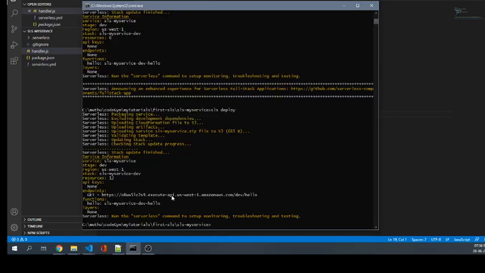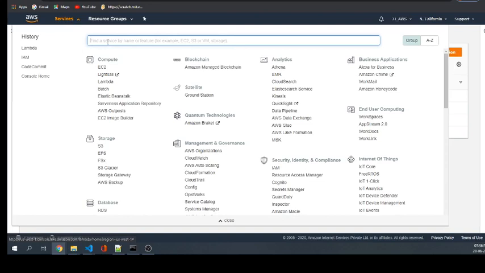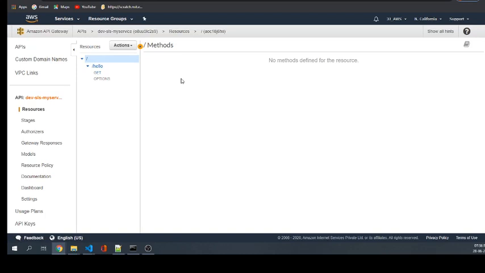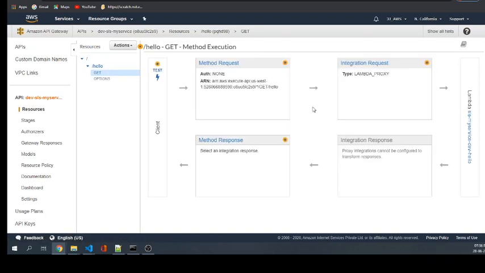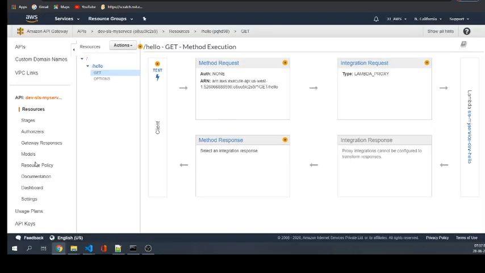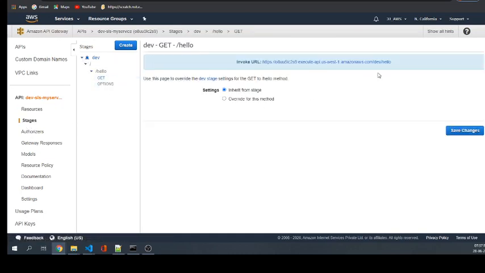So our deployment is completed. We will go and check our API gateway. You can see here DEV SLS my service is created already. And you can see there is a get resource which is created, and it is connecting to this SLS my service lambda function as well. In the stages you can see there is a dev stage which is already created, and you can see the get function which is created, and this is the URL